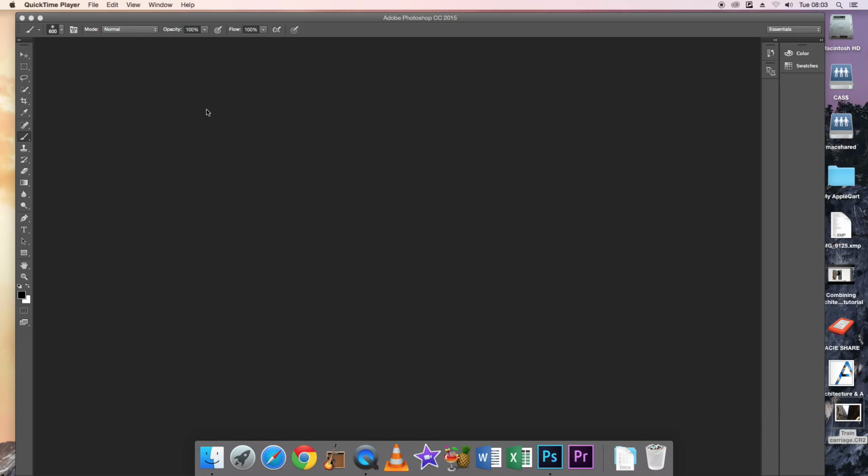Hello, today I'm going to show you how to use layer masks to correct the exposure in a photograph. So if I open up my RAW file,